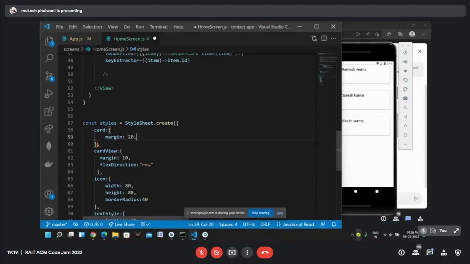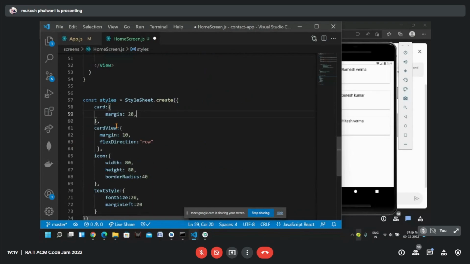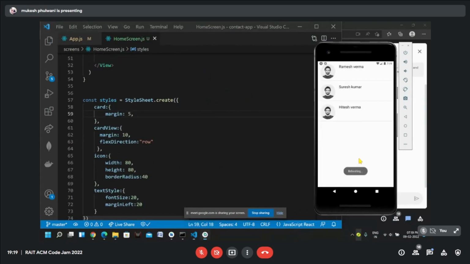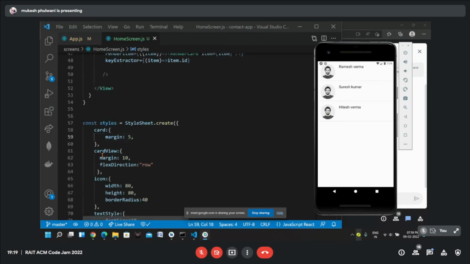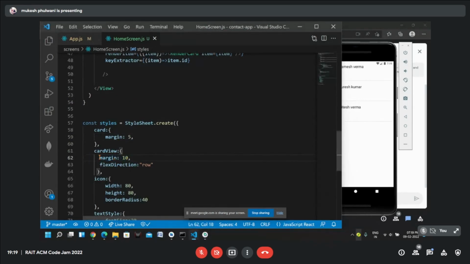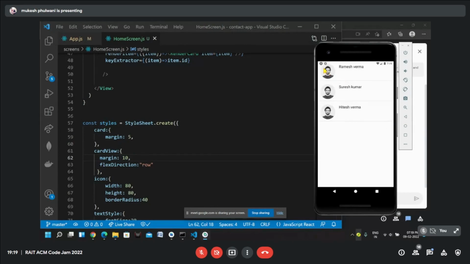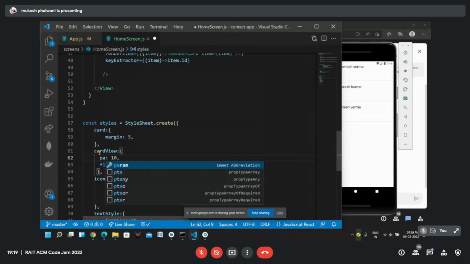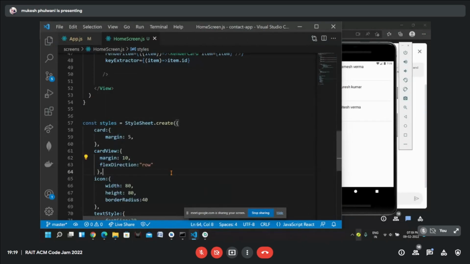Okay. Yeah, so margin we can cut down to 3 or let's say 5. Yeah, we can see the cards. We have these cards. So this is looking beautiful. Okay, and in the card we can add margin, or we could have added padding also. Padding is basically to add some spacing inside the cards. And in case of margin, I think I should add padding, or let's keep it as it is.